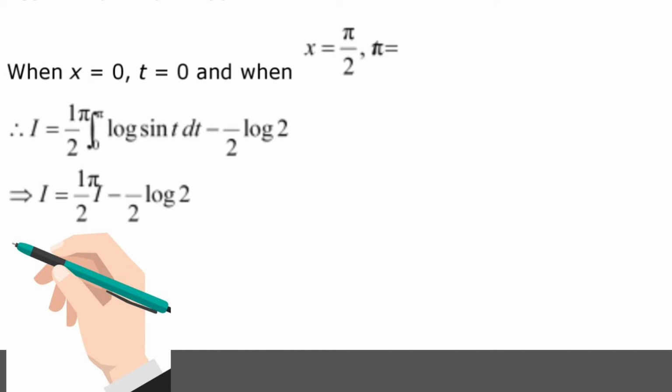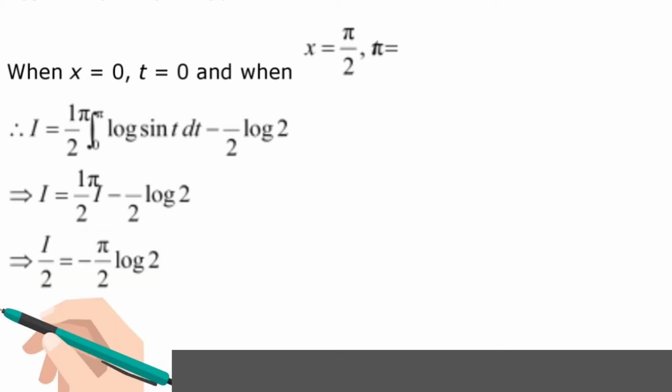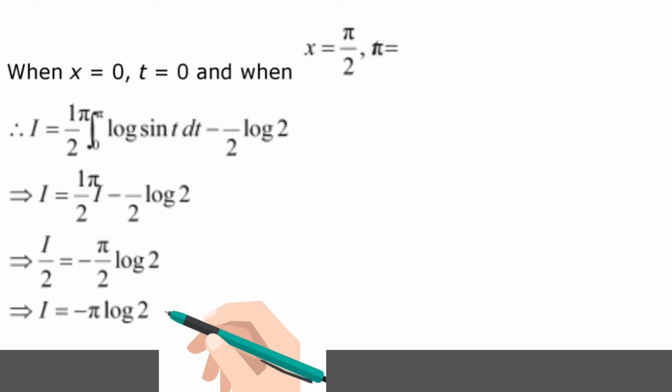And this part, the integral from 0 to pi of log sin t, equal to I, because I denoted this as number 5, and this comes to this side, and I get here minus I upon 2 equal to minus pi by 2 log 2, therefore I equal to minus pi log 2, and that is the answer for the equation. It is a very important question, my dear students. So look very carefully, it is an important question.